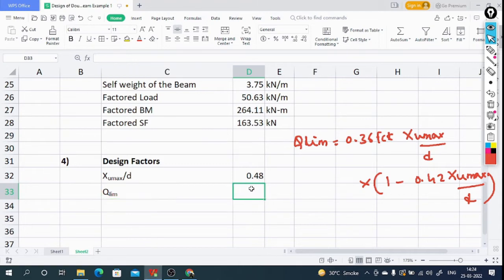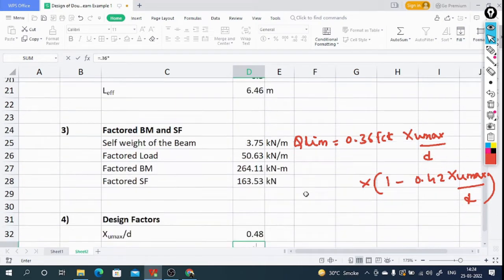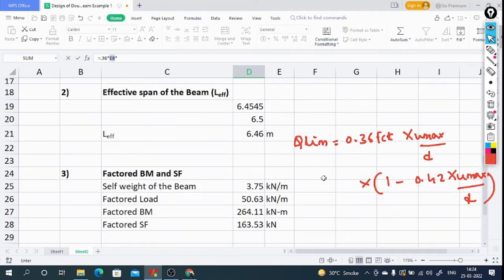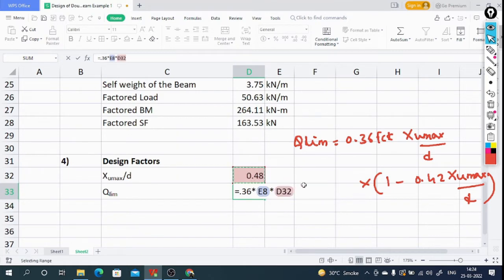We will see how to do that. Equal to 0.36 into FCK. We have FCK in the given data. FCK into XU max by D. XU max by D is here. Into bracket